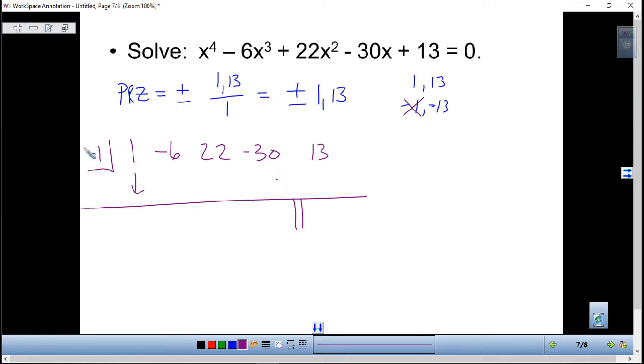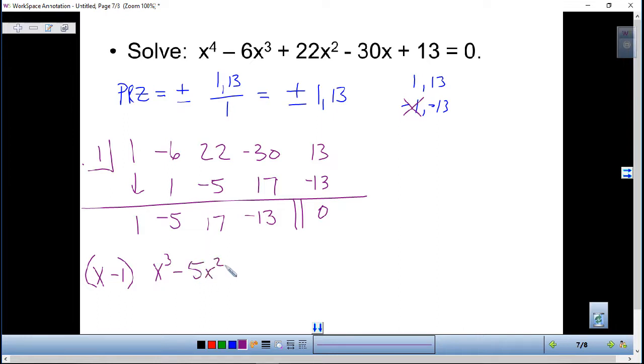All right, so while we're with ones, let's try the positive one. So bring 1 down. 1 times 1 gives me 1. It gives me negative 5. Negative 5 gives me 17. That's going to give me negative 13. And that's going to give me 0. So I know that x minus 1 is one of my factors. And I have 1, negative 5, 17, and negative 13, which gives me x cubed minus 5x squared plus 17x